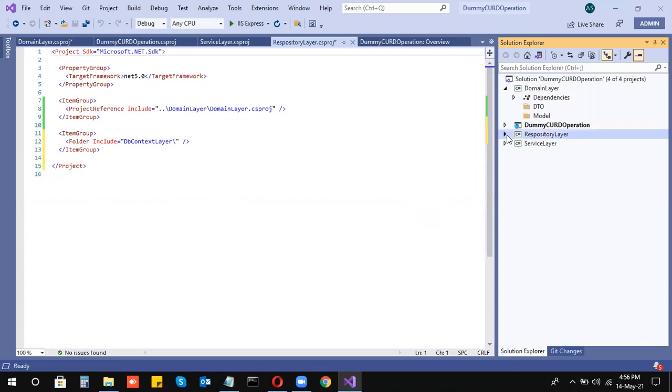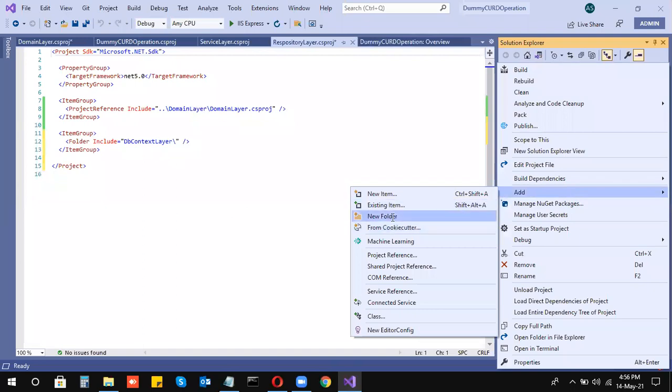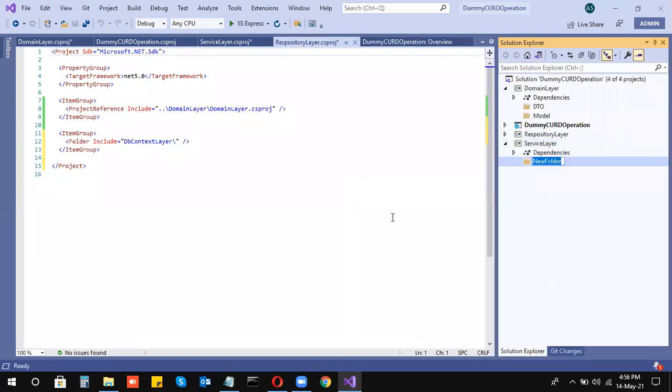Inside of the repository, we will create the services. Here we can create a number of folders, so I'll create a service folder, where we will mention a few logics.